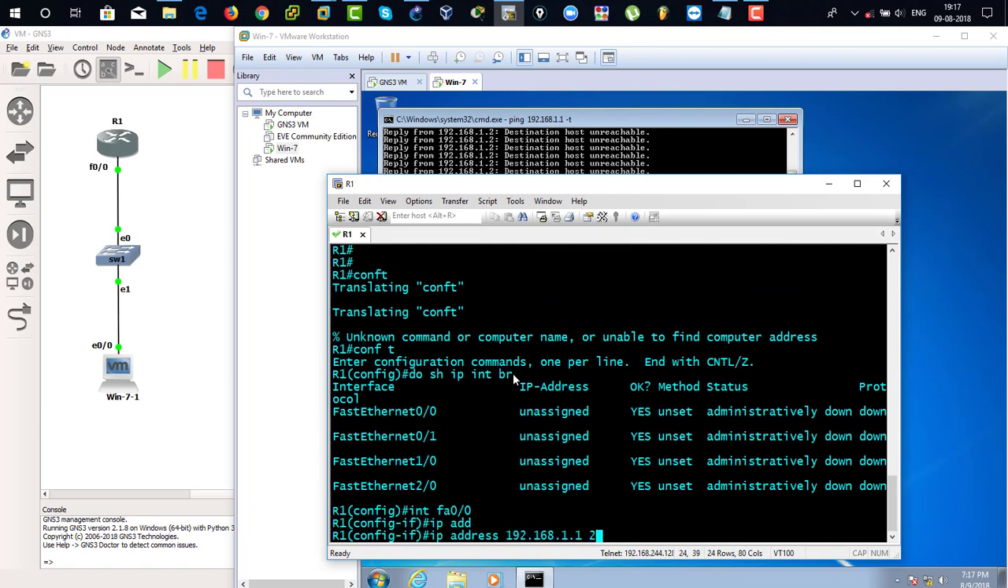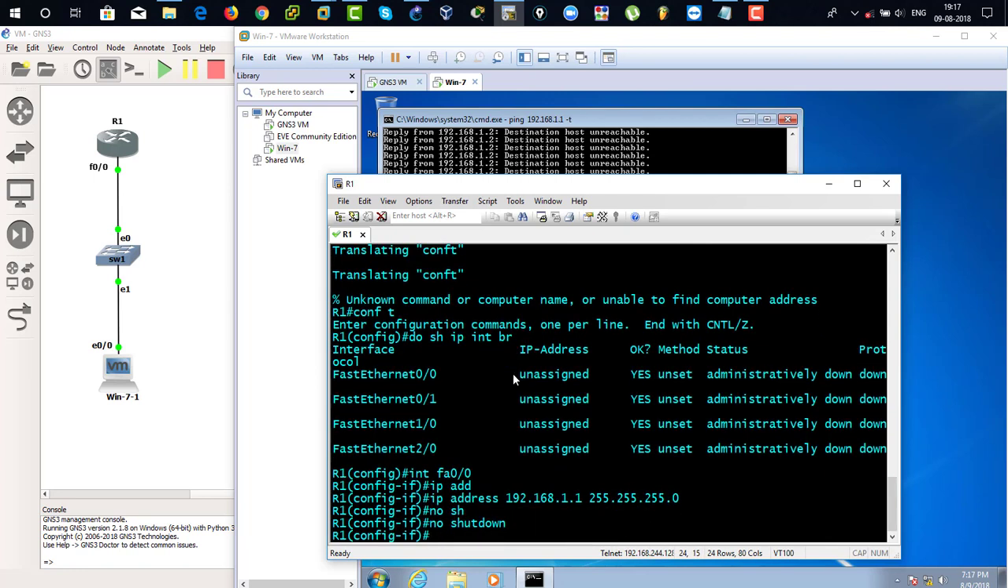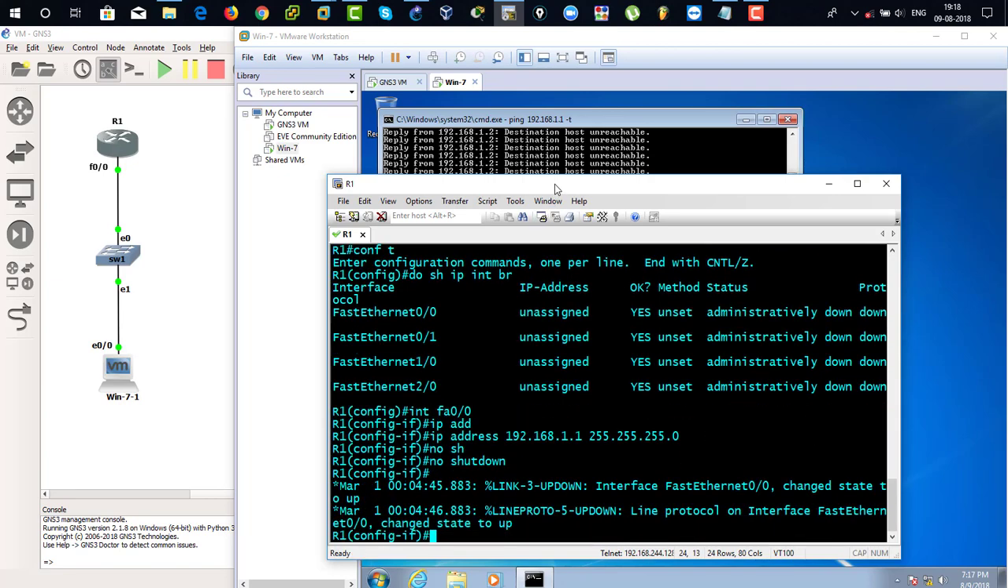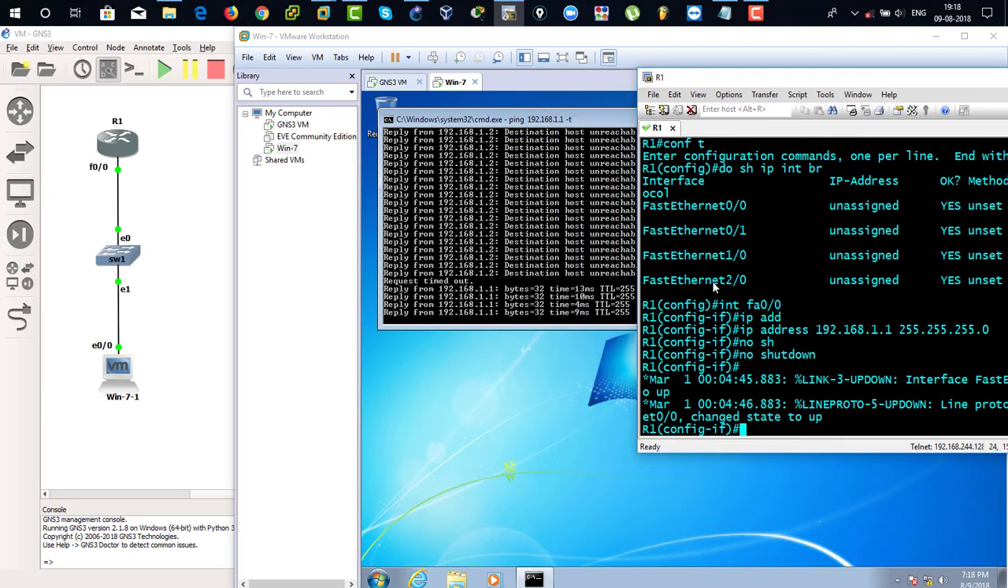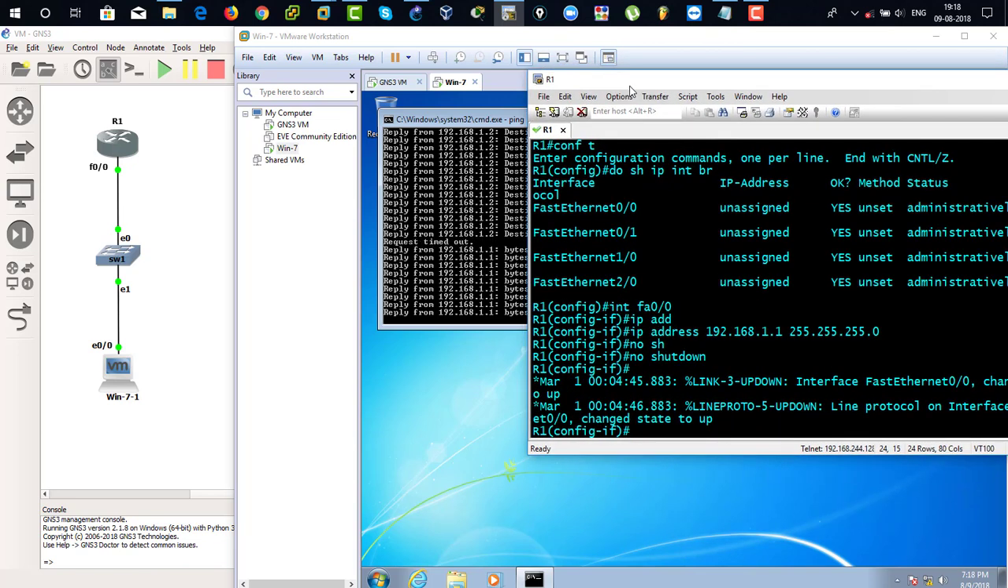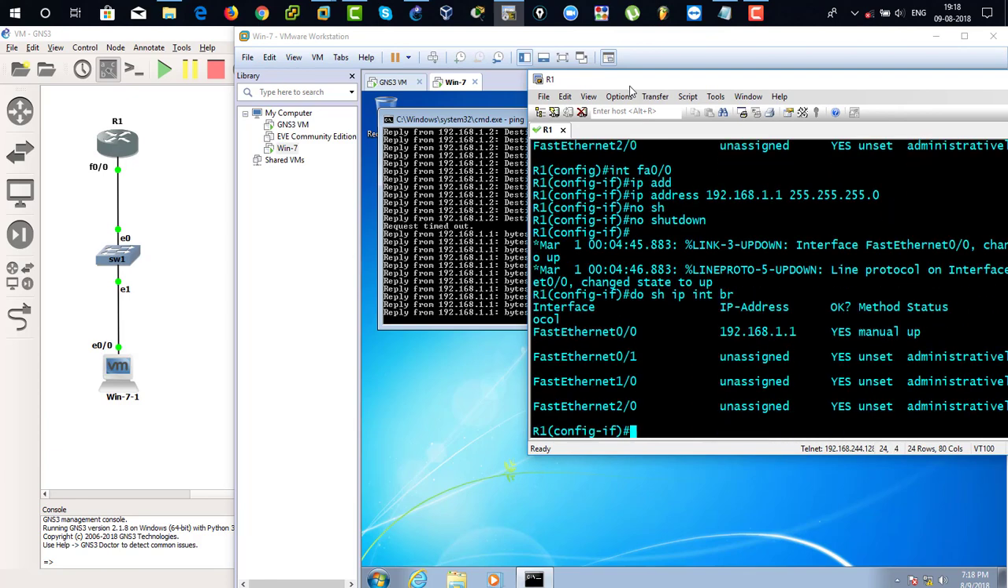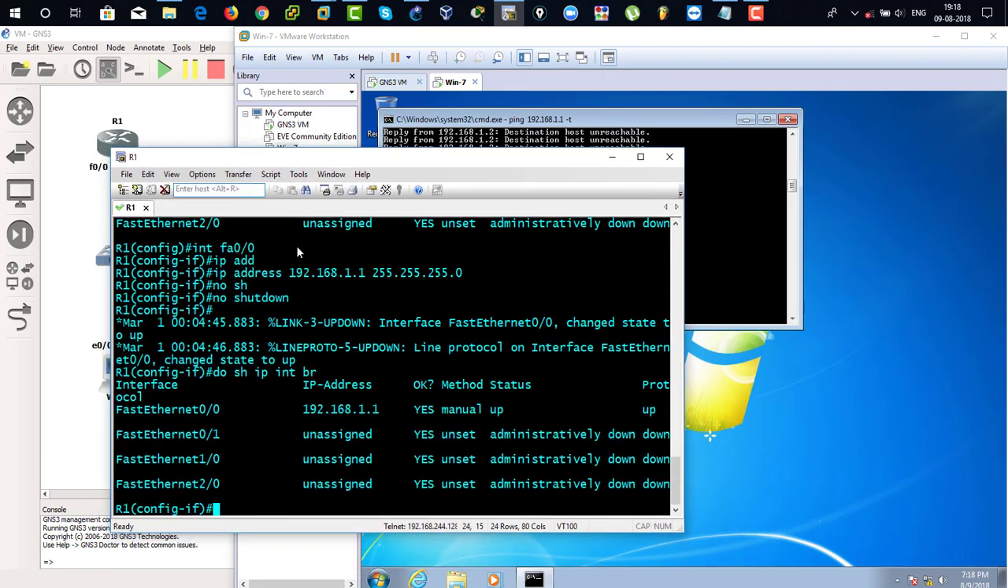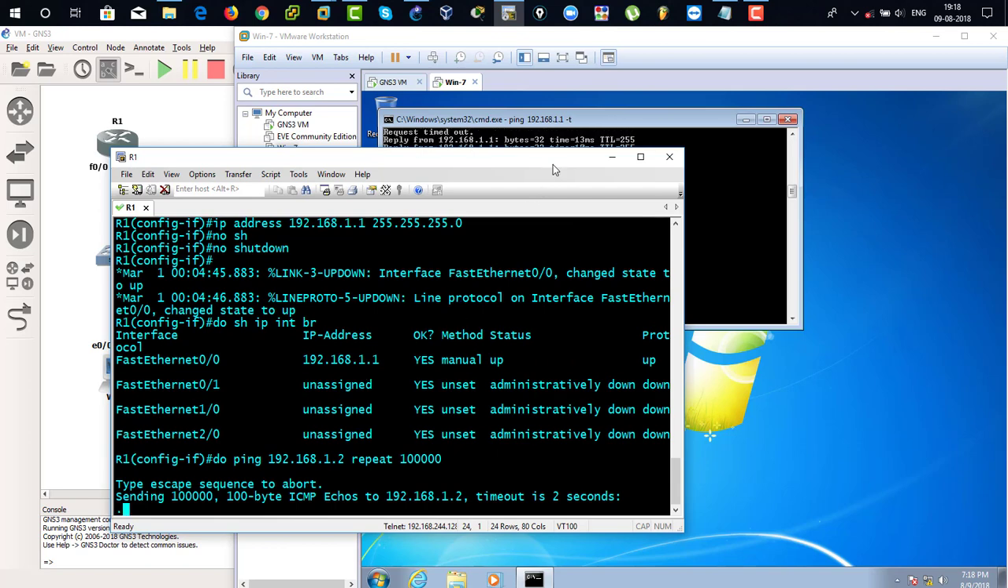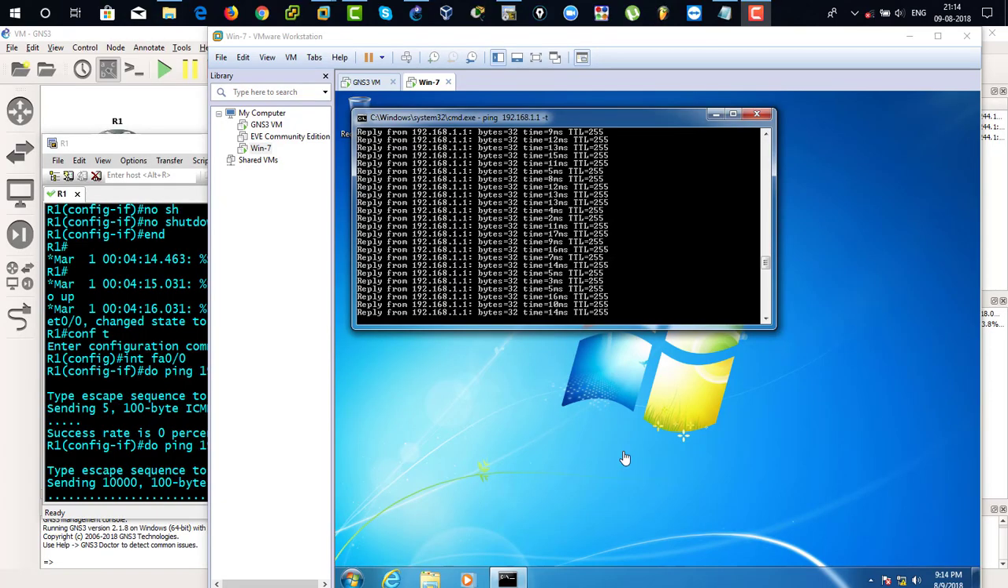Interface FastEthernet 0/0. Assign an IP address 192.168.1.1 and 255.255.255.0. No shutdown, turning on the interface. Okay. Now you can see that our client can actually ping the router interface. It's successful. Show IP interface brief. Our IP has been assigned on the FastEthernet 0/0 interface. I'm going to ping from the router to the client. You can see